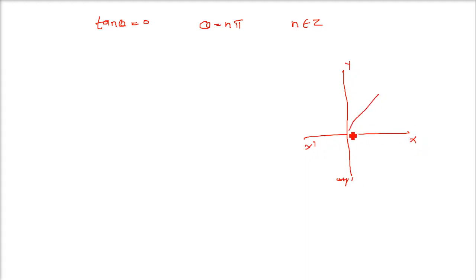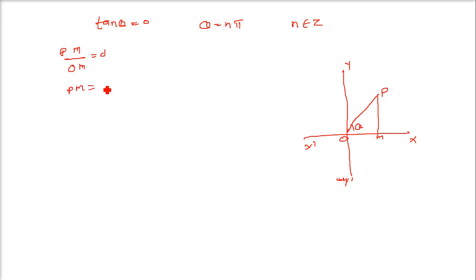Tan theta equal to 0. Now what is the general solution of tan theta equal to 0? Theta equal to n pi, where n belongs to capital Z, that is, integers. So if these are the axes, say this is y dash, this is x dash, and we make a triangle like this, and we name it as O, M and P. So tan theta is what here? Perpendicular upon base. This is perpendicular, which is PM. PM is perpendicular, base is OM, and this is equal to 0. Tan theta equal to 0.